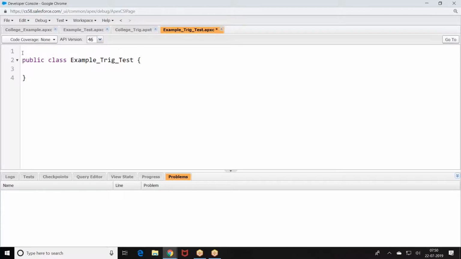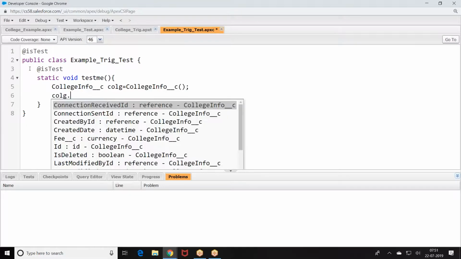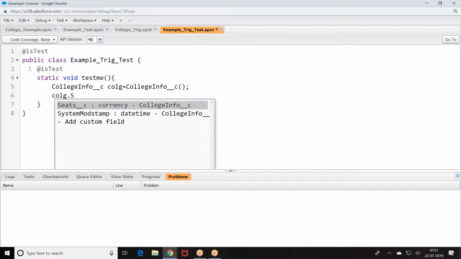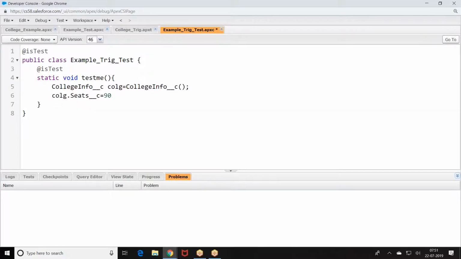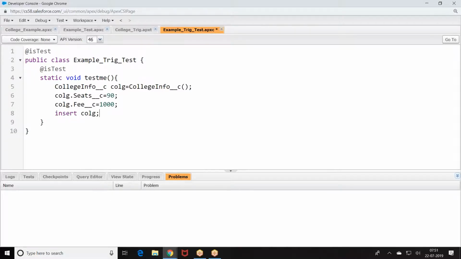Then how do you write a test class? College dot. We have seats. Now, what should happen?